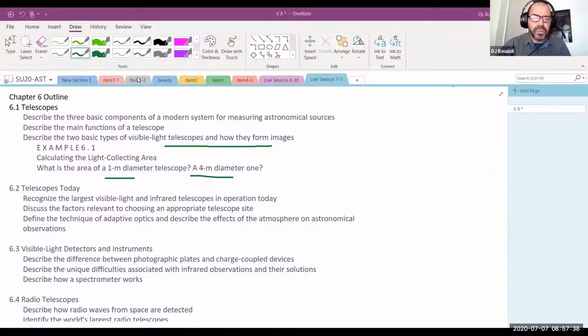So if you don't have a telescope, you have Stellarium, which is more or less realistic in terms of the views of what you see in there. Let me finish quickly the topics that we're talking about. Let me share the screen in here. Okay, let me finish these topics again quickly here.